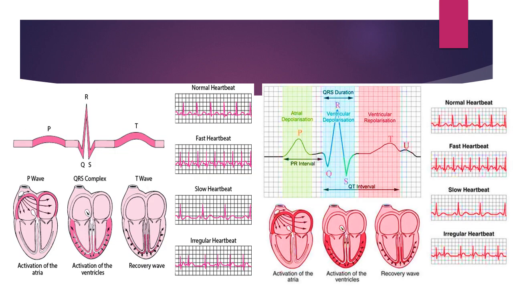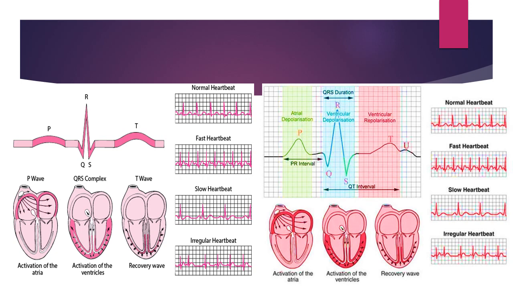About what the atrial contraction is and how that is shown on an ECG. In the first picture, what happens is the activation of the atria. That is when the impulses are generated from the sinoatrial node. The impulses spread, and this is what causes the atrium to contract, and that is what shows up as the P wave on your ECG.